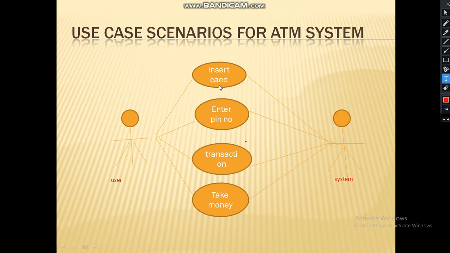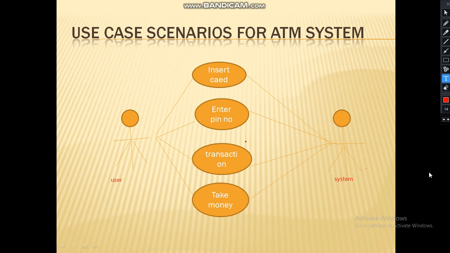So this is one example to represent the functionalities of the system using a use case diagram. Here there are three things. One is the actor, the second is the use case, where the oval represents the use case, and the third is the solid line. Solid line means association. So with an association relation we can represent the actor and the use case. There are two actors, the user and the system.